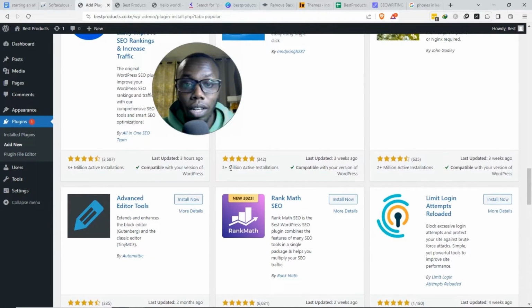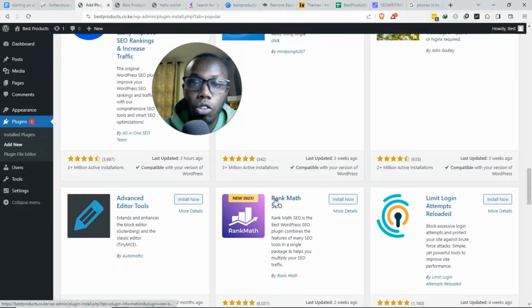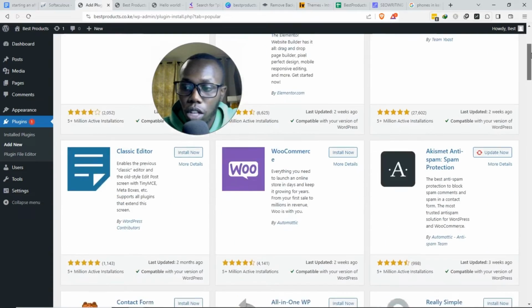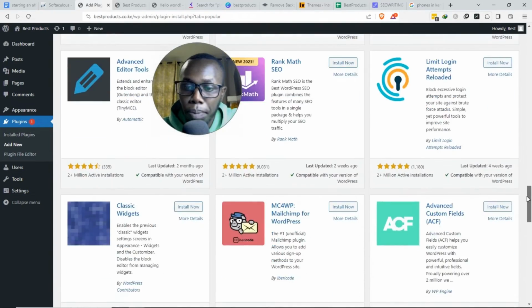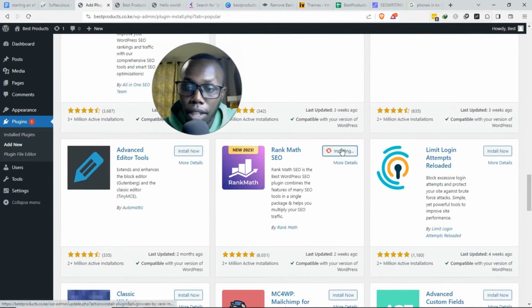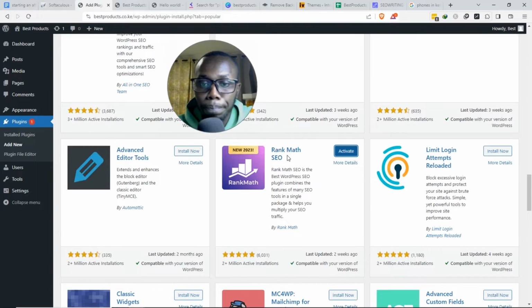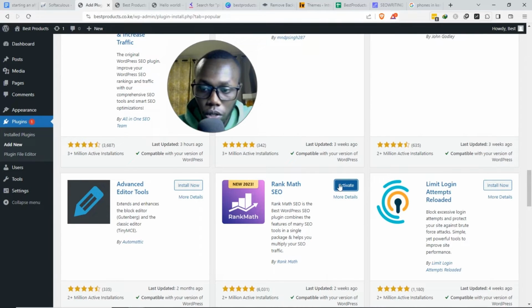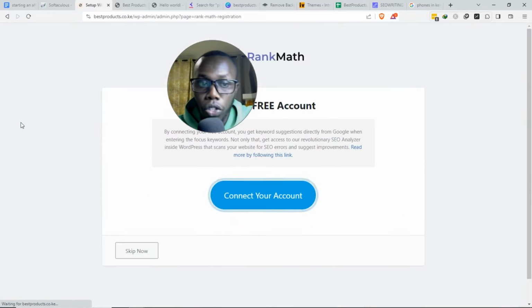Now you'd also need one for SEO. You need a plugin for SEO, and there are two. There's RankMath and Yoast. The Yoast is the one you see here. For me, I always prefer RankMath over Yoast because of some stuff that you will see in a minute. Now once you've installed those, you can either click activate here, or just go back to plugins and activate